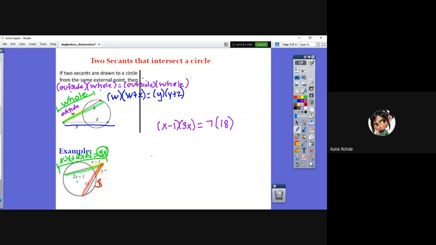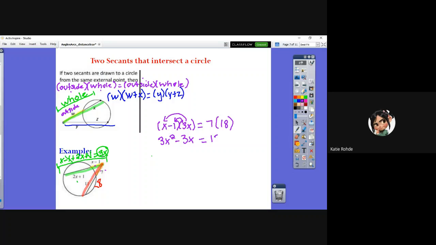So we have to remember to do the whole and not just outside, inside, outside, inside. Do outside times whole thing. So we have to multiply this 3x times each of those. Distribute the 3x to both of those. This becomes 3x squared minus 3x